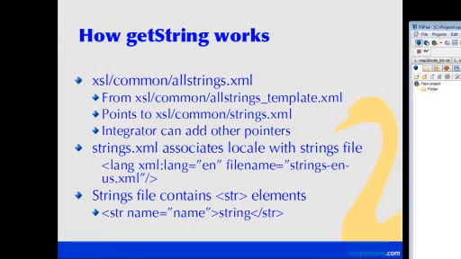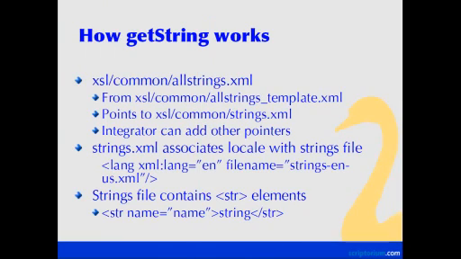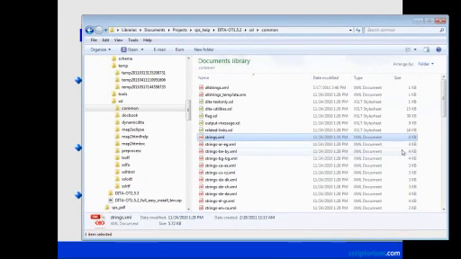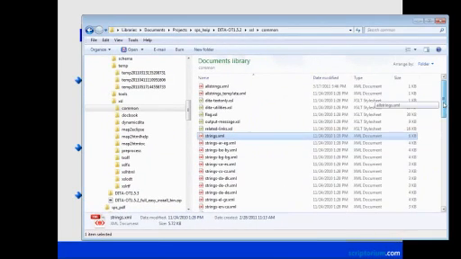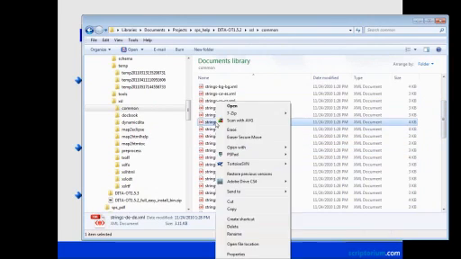So then each of these files themselves contains the strings. Let's take a look at how those strings are organized in these files. For want of a better one, let's just use the ENUS so we can understand. Actually, no, let's not do that. Let's do German,